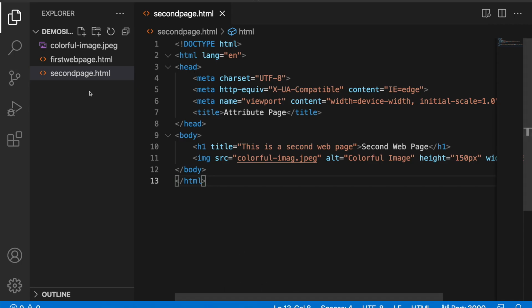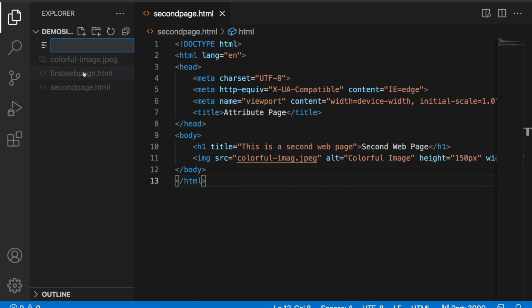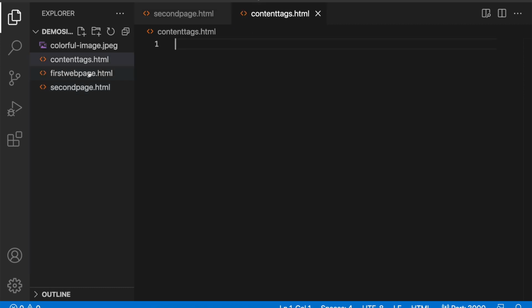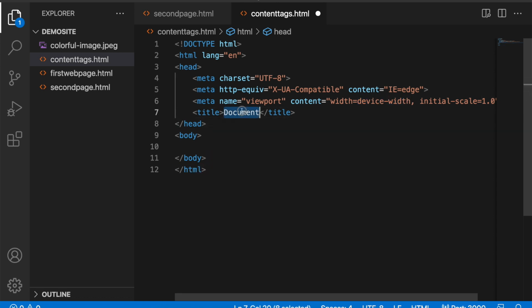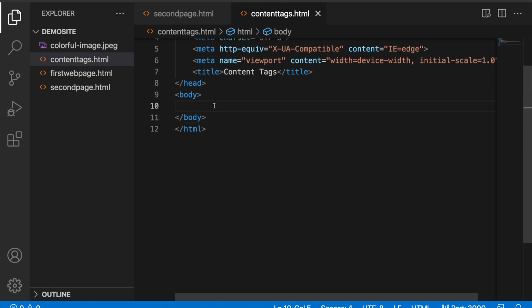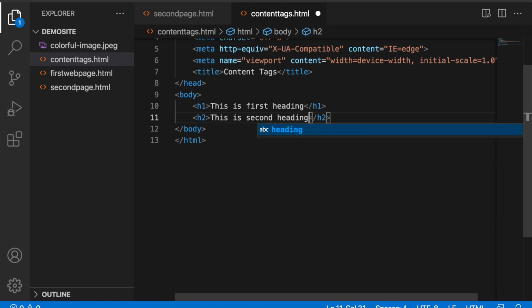So let's go here. I'll go here again and I use content tags dot html. Simply type html:5, enter. I'll say content tags as my page name. Here I want to type some h1 and press enter. This is first heading. And I'll type h2. This is second heading. Likewise, you can use h3. This is third heading,